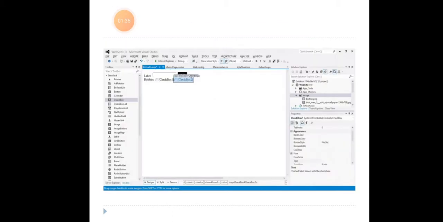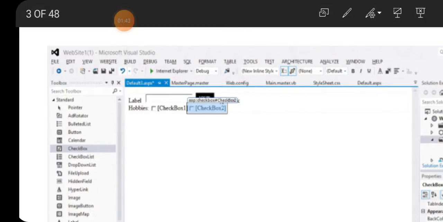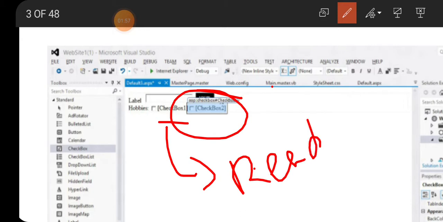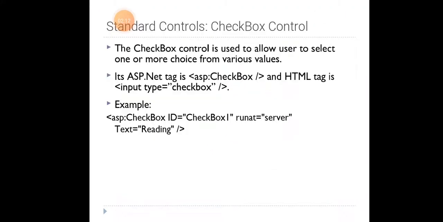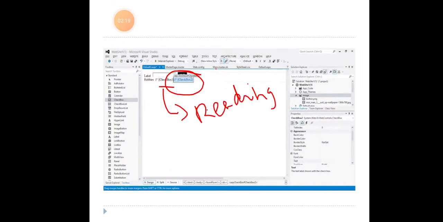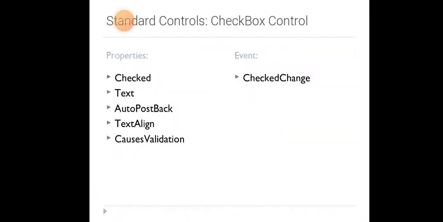Text equal to Reading means, by default the text is displayed as CheckBox1, but when we change the text attribute to Reading, it will be displayed as Reading. Okay, got it, students?